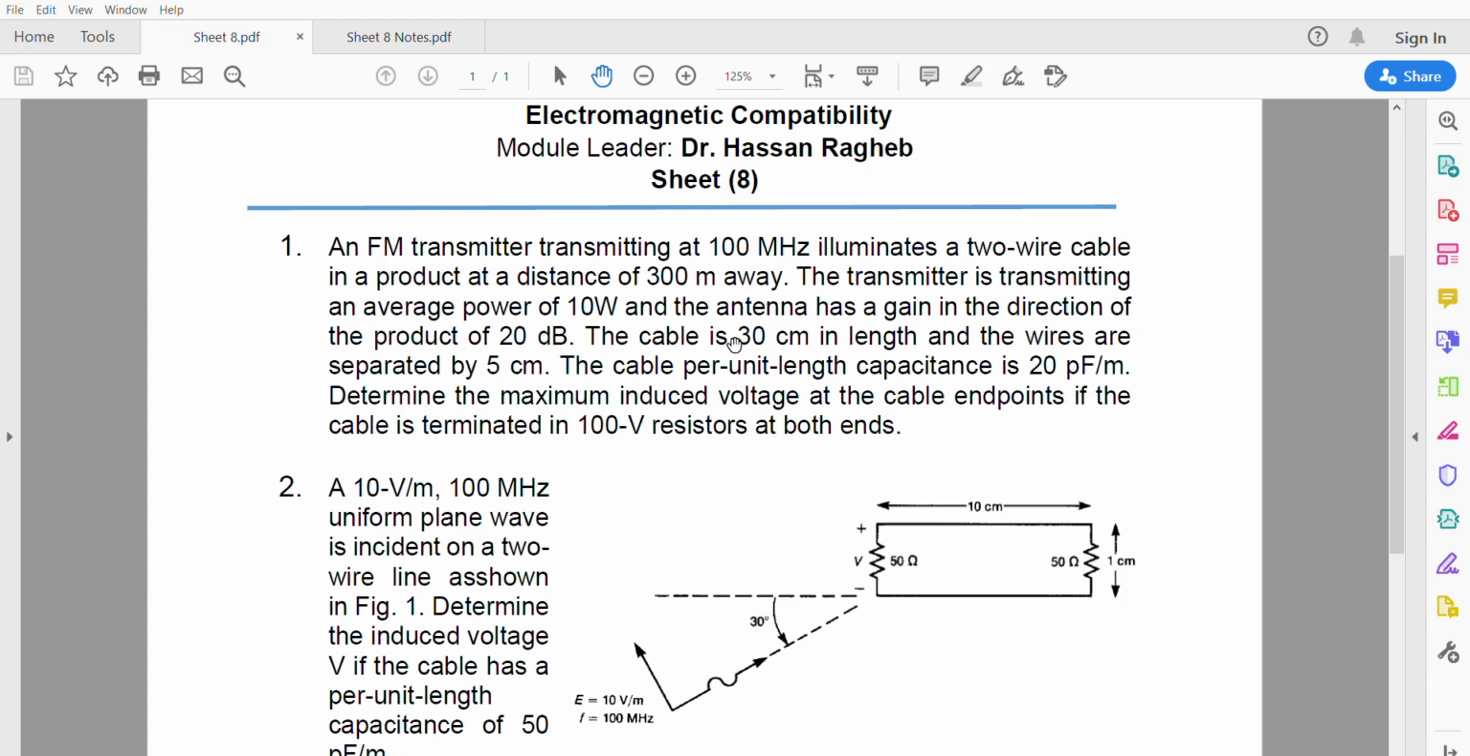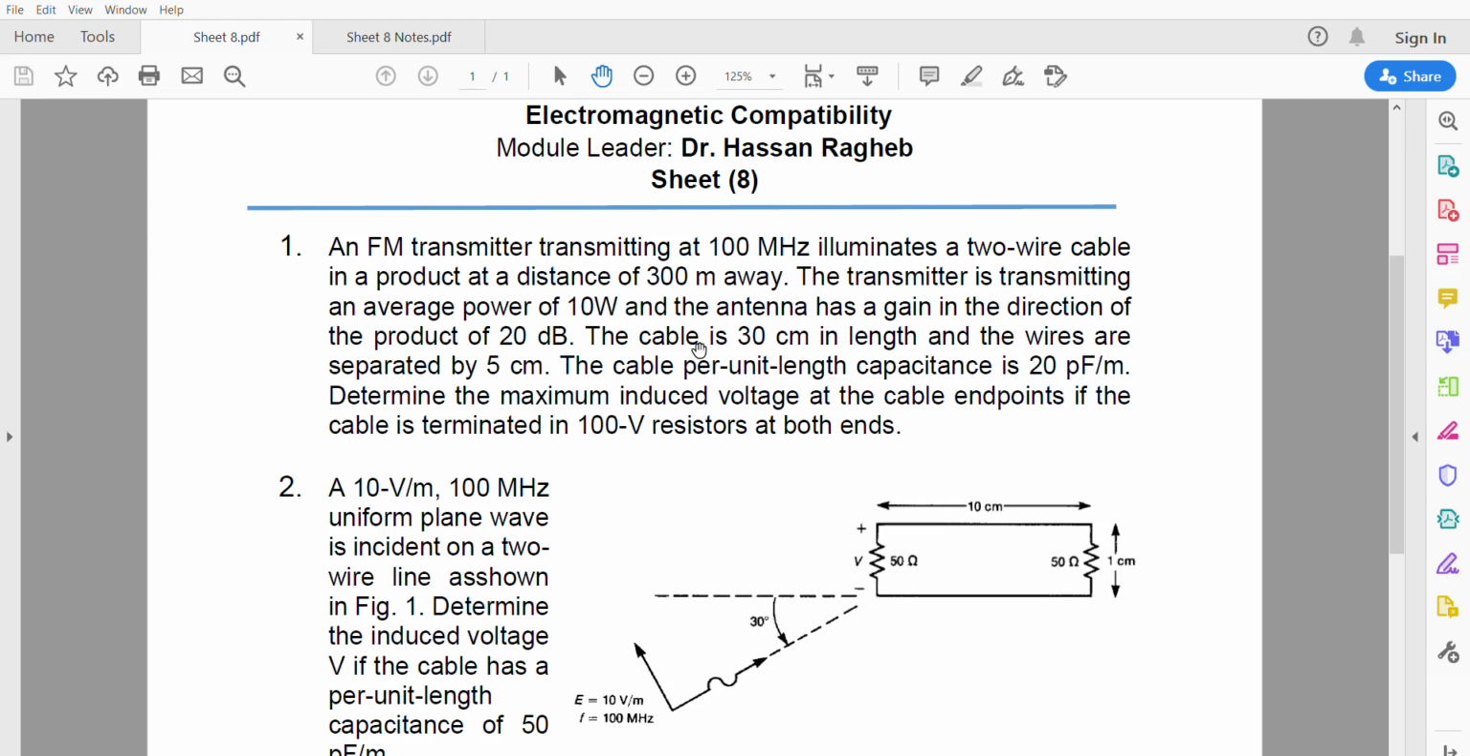The cable is 30 cm in length and the wires are separated by 5 cm. The cable per unit length capacitance is 20 picofarad per meter. Determine the maximum induced voltage at the cable endpoints if the cable is terminated in 100 ohm resistors at both ends. So first thing we need to do is